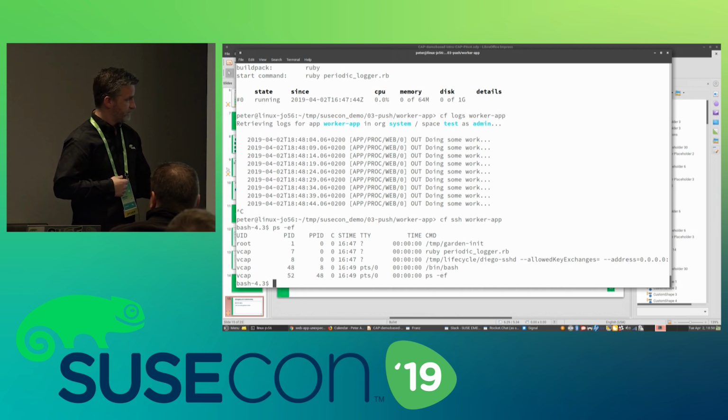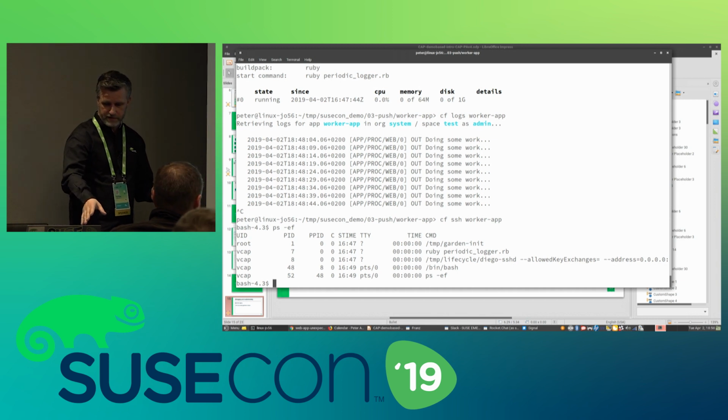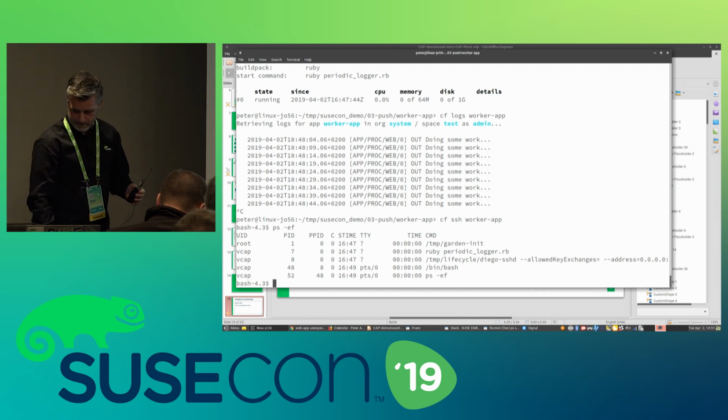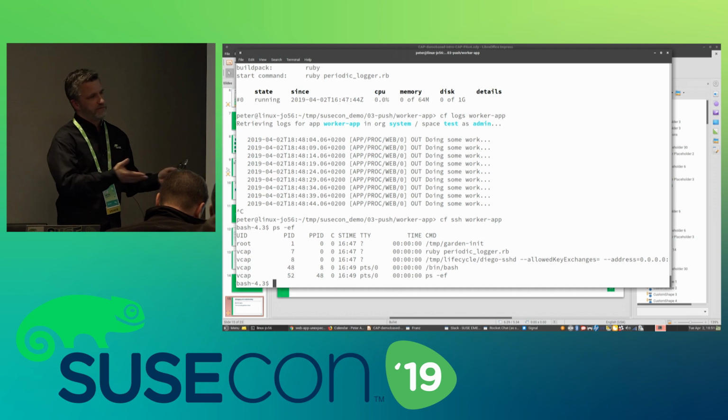Good. So now I've just run the command here to check on the running services to simulate some troubleshooting. And as we can see here, we have a couple of services running. And one of them is the Ruby script we just saw that is sending out commands to standard output.